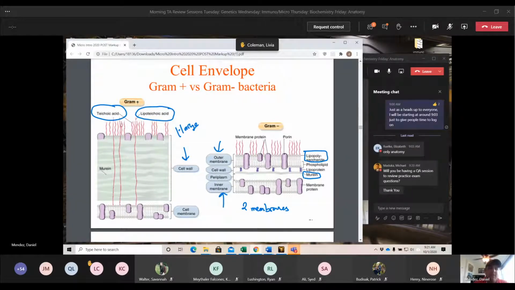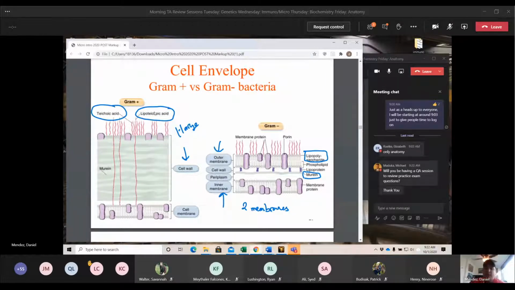So in gram positives, we have a large cell wall. We have only an inner membrane, so it's just one solid cell membrane. And then we have also these other moieties on the outside, teichoic acid and lipoteichoic acid. So these you only see in gram positive, so make sure to note that. It's going to come up later on, and their function that we actually see for lipoteichoic acid and teichoic acid.